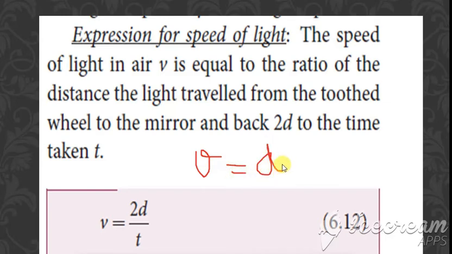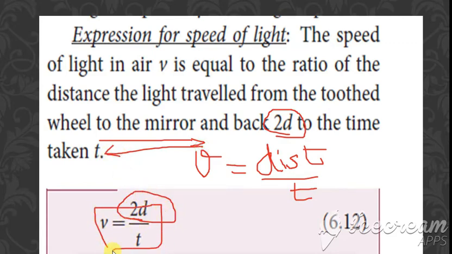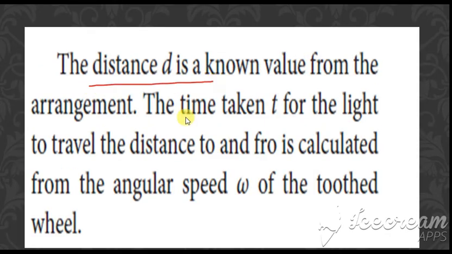What is the formula for velocity? It is distance divided by time taken, is it not? As I've told you just now, the distance is what? 2d, because it is going and also returning the same distance, and so we are taking it as 2d. So v is equal to 2d divided by t. Here d is the distance and t is the time taken for the light to travel to and